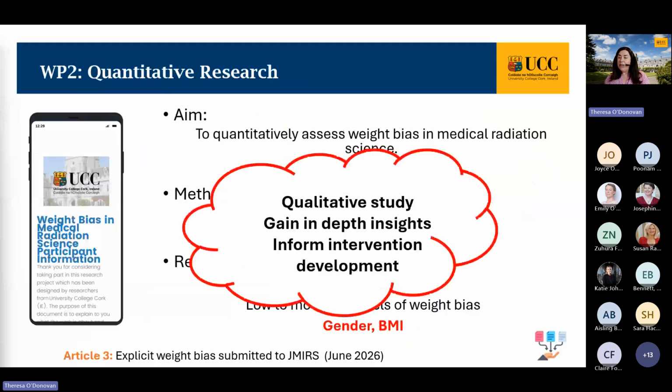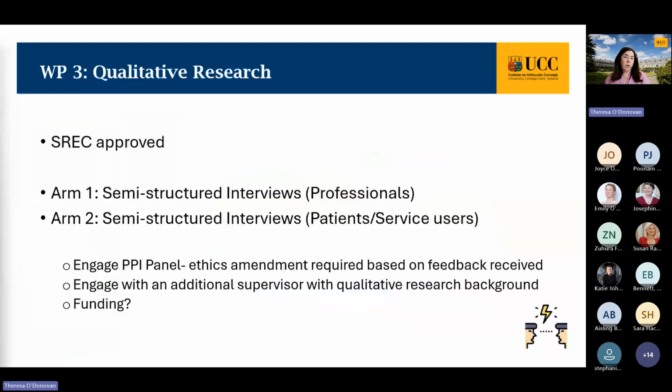So again, I suppose what we found is that we needed really to gain a deeper insight into the professionals' attitudes. We wanted to gain a deeper understanding of the impact of bias on those with a lived experience to allow us to inform potential interventions. So the next step is our qualitative research. We have received SHREC approval. The plan is to conduct 2 different arms. So we want to conduct semi-structured interviews with professionals, and we also want to conduct semi-structured interviews with patients and